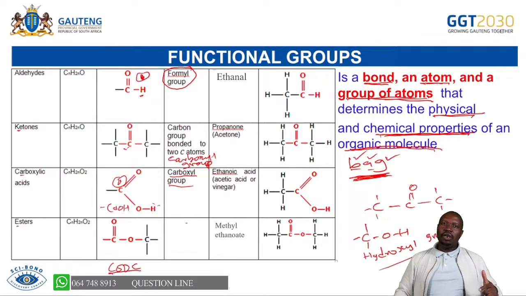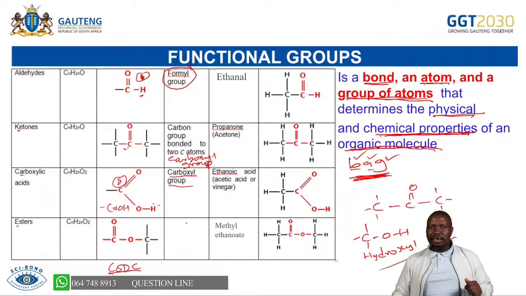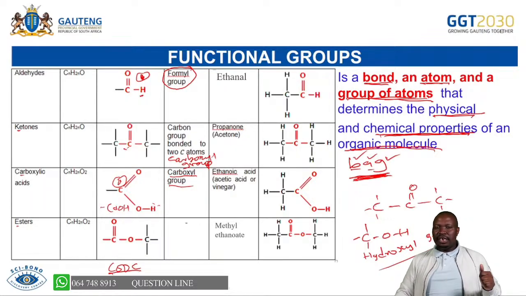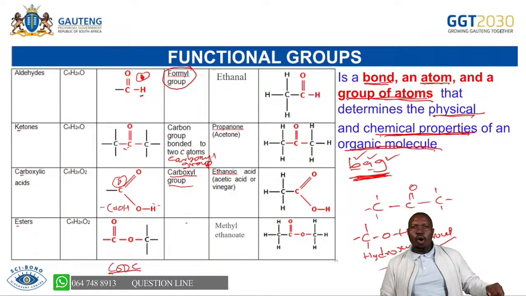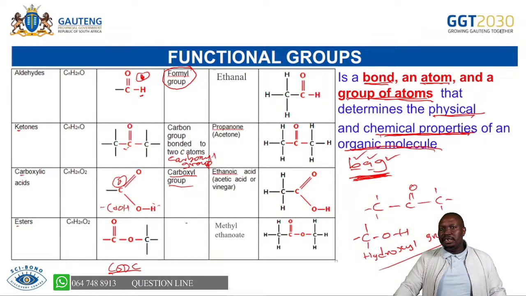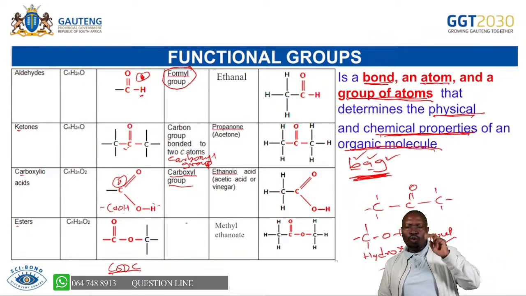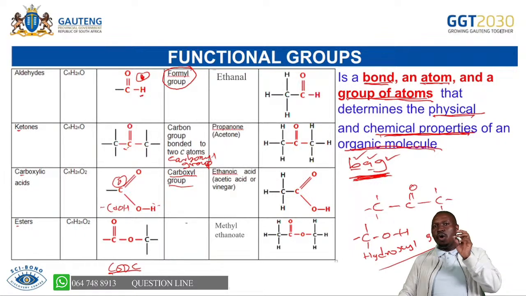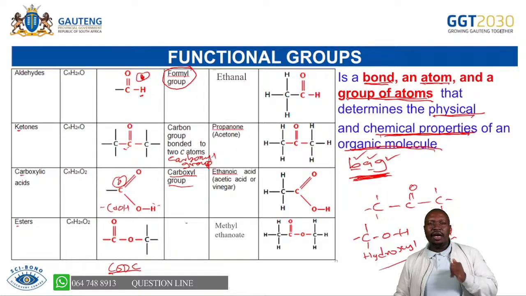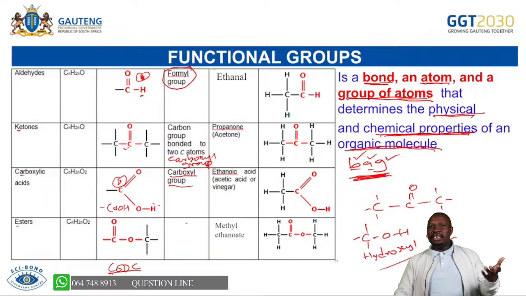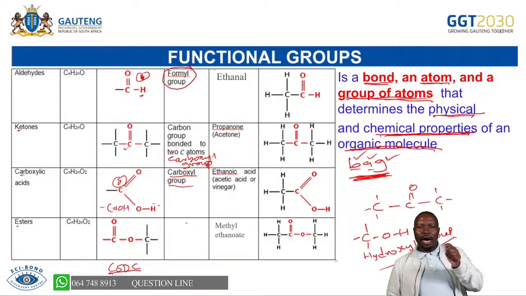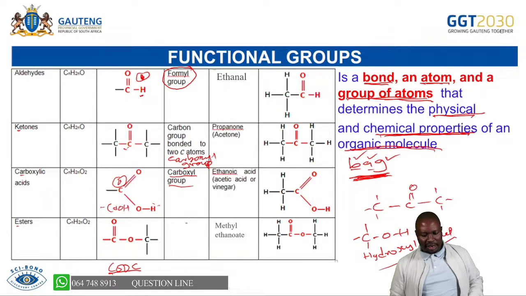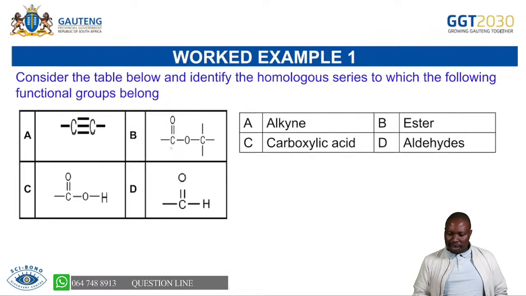They'll be based on all those 9 homologous series and their functional groups, asking how you know that this is an ester. First thing we said, an ester must have 2 oxygens, and how do you know that this is a carboxylic acid? It must have 2 oxygens. What is the difference? We said in carboxylic acids, the C double bond O and an OH are in carbon number 1, whereas in the ester you'll find that the C double bond O is bonded to another carbon within the structure. I hope you get that.